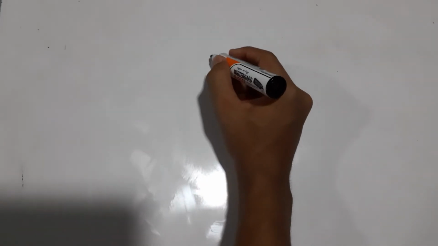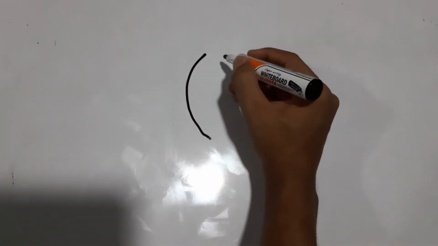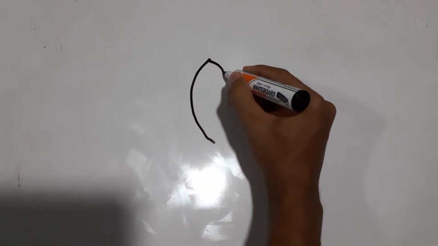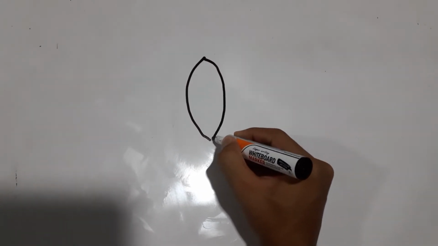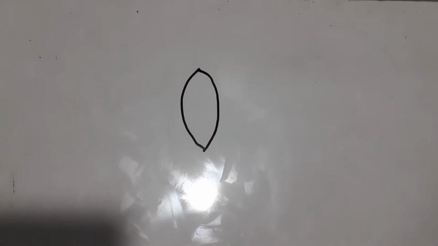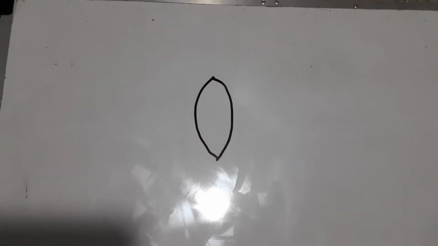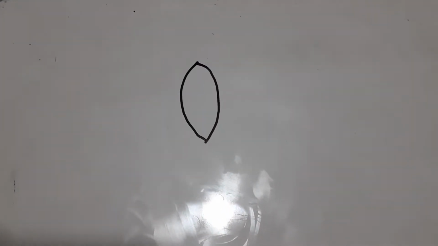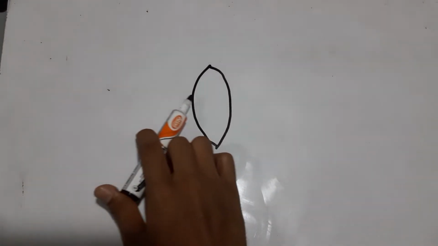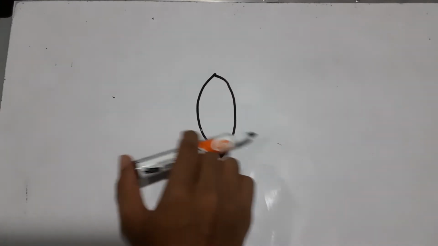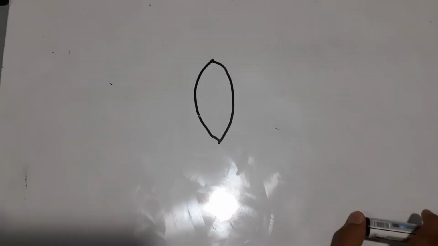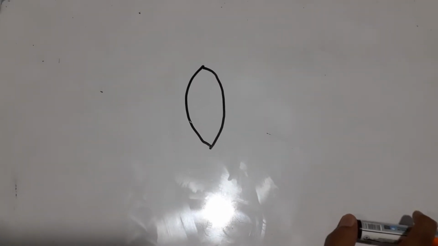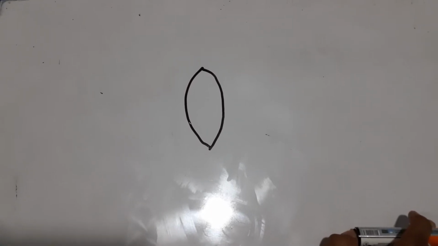Today's lesson is lenses. A lens is an optical device like this. If you see this, you have a curved surface made up of glass, plastic, or any other transparent material. What happens when a light ray passes through this lens? It alters the direction of the light ray, so that the light ray gets refracted and changes its